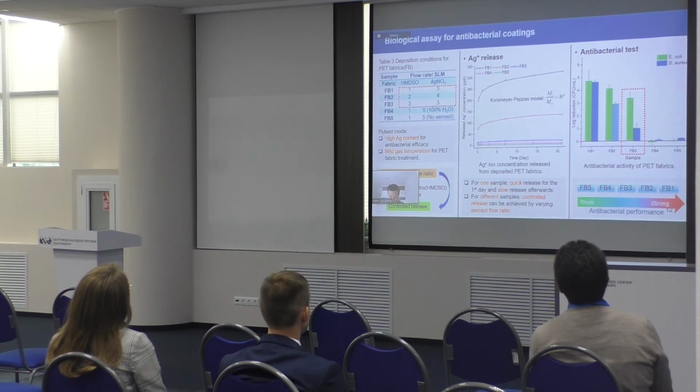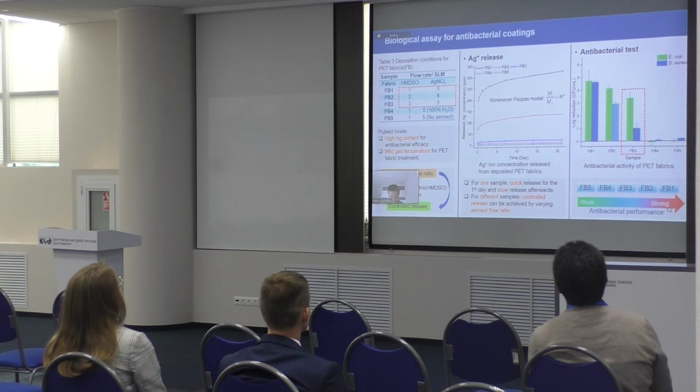Due to the larger flow ratio of silver nitrate aerosols and the thinner barrier layers against the release, which is formed by HMDSO. It's necessary to mention that there is a 2-phase release kinetics for all deposited samples. A fast release of silver is observed on the first day for FP1, FP2, and FP3. Afterwards, a slow release of silver ions. The initial fast release ensures antibacterial protection in the early stage,